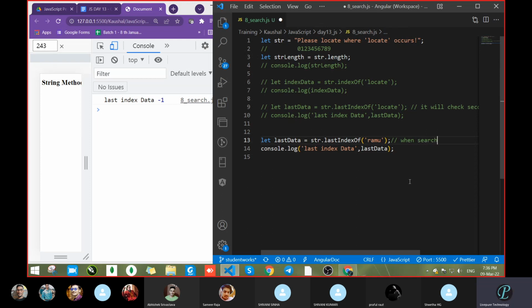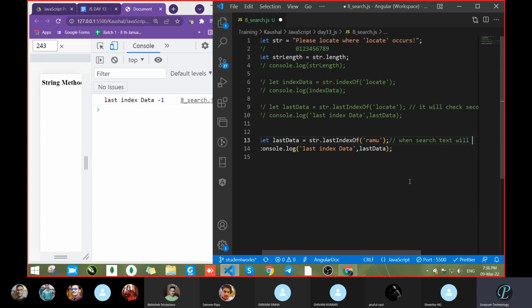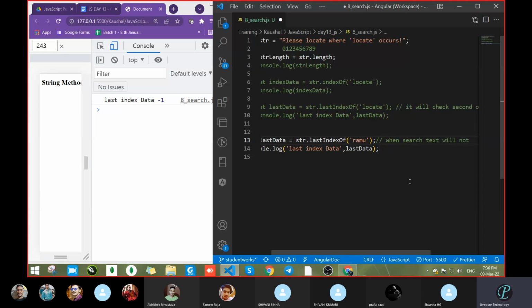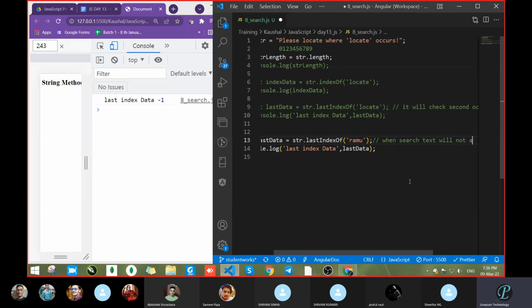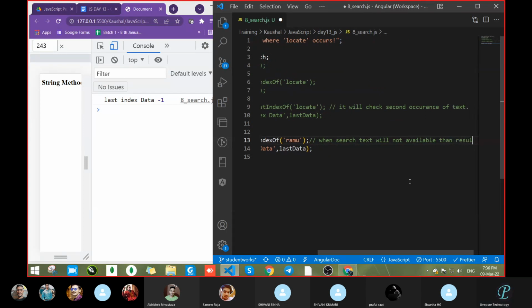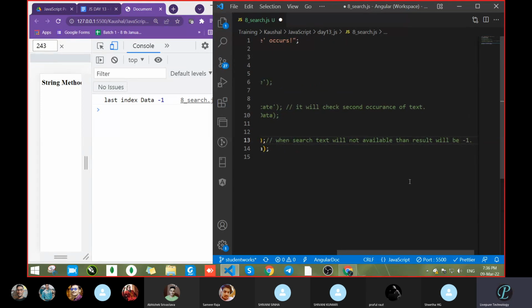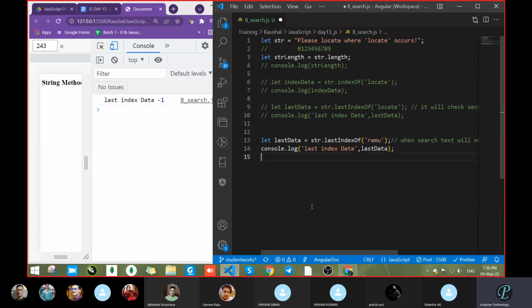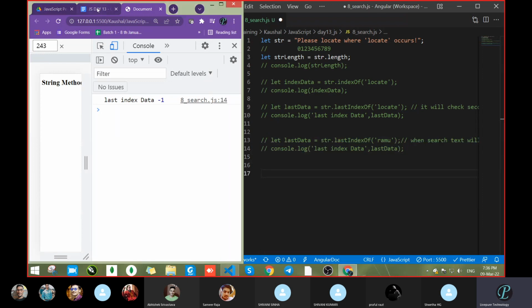Please note down: when the search text is not available, the result will be -1. Clear? So this way we can search for a value that is not available also.